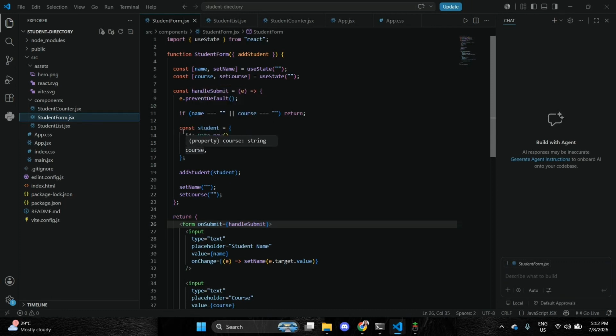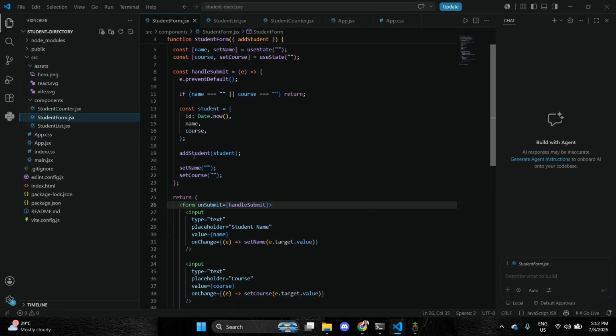Here I create a student object. I use Date.now to generate a unique ID. Then I store the student's name and the course.